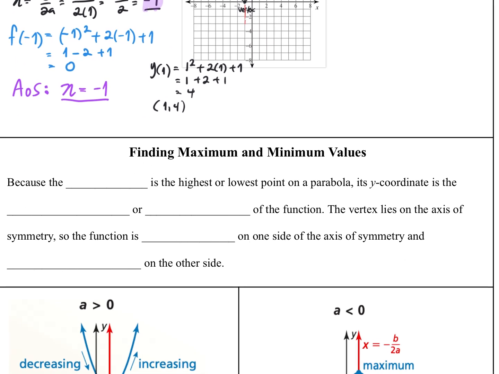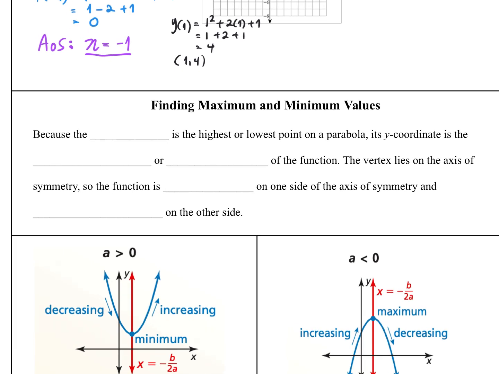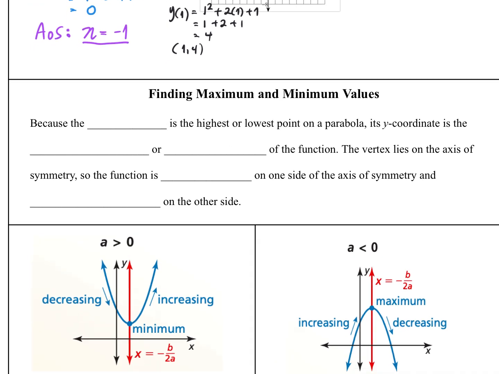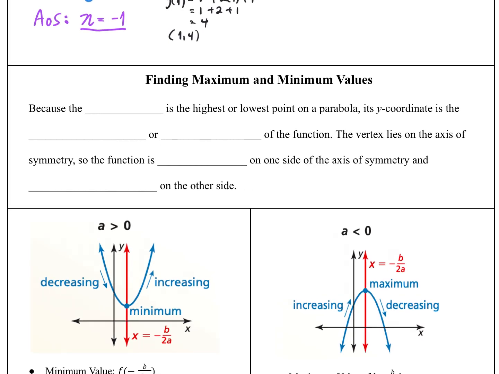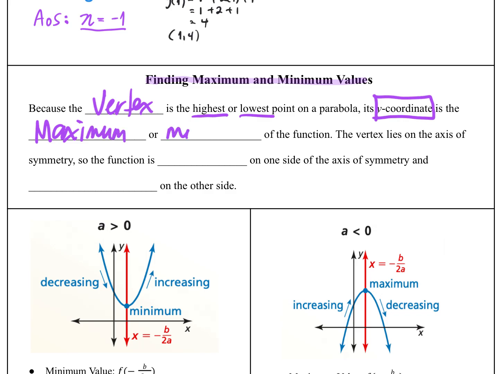Okay, so let's look at the minimum and maximum values of a parabolic function. Now we're going to go to the next part of our study, which is finding the maximum and the minimum values of a parabolic function. Now, the vertex is the highest or lowest point of the parabola. Remember this one, the y coordinate is the maximum or the minimum value